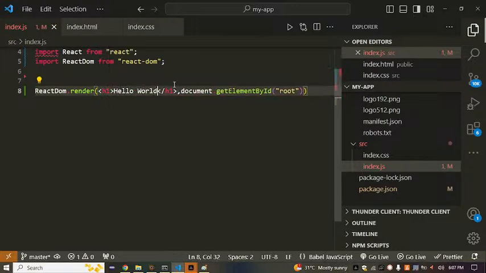Okay, we know that this one is normal HTML, but in React we call this JSX, JavaScript XML, or we can say JavaScript extension. It's an advanced concept of JavaScript. These are nothing but JSX, and if you want to render this, we have to use import React from React. Now you can simply save the changes and come here